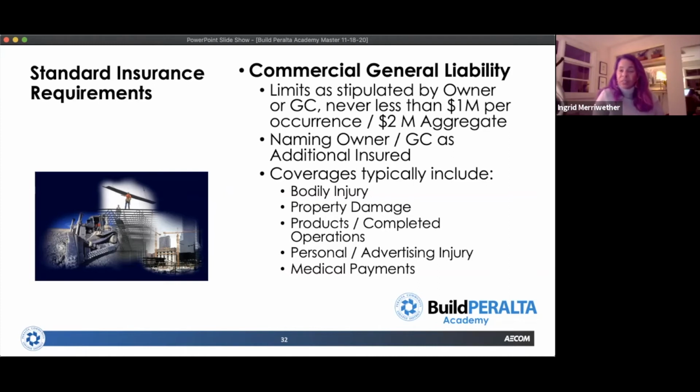Because that was 1 single occurrence. So that's important for you to understand when you think about, well, how much liability limits should I buy? Recognize that you can have a catastrophic single incident that can cause injury to multiple people, but would still only be deemed 1 occurrence. And then the aggregate limit, that $2 million, that's essentially the maximum limit of the policy